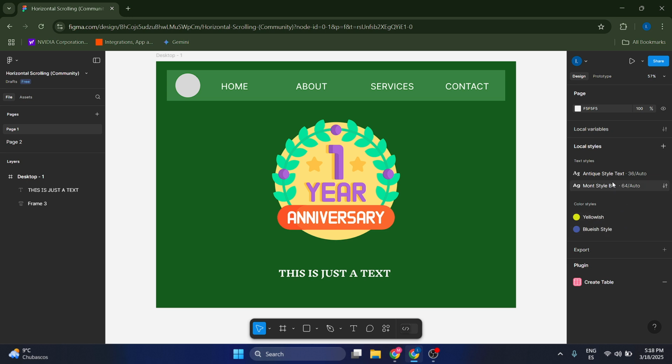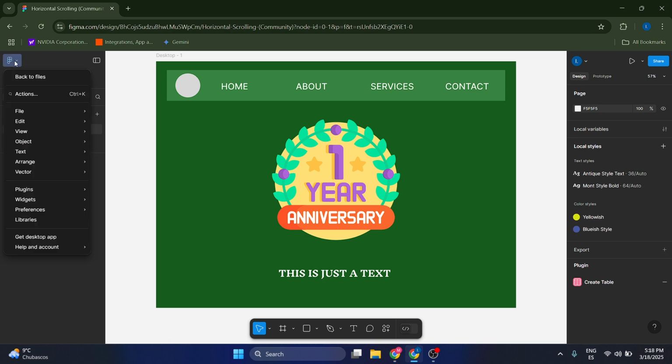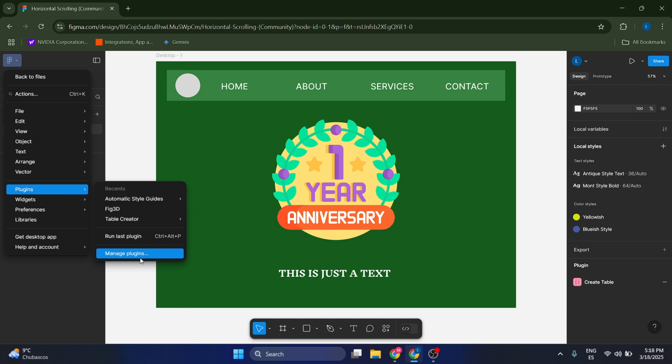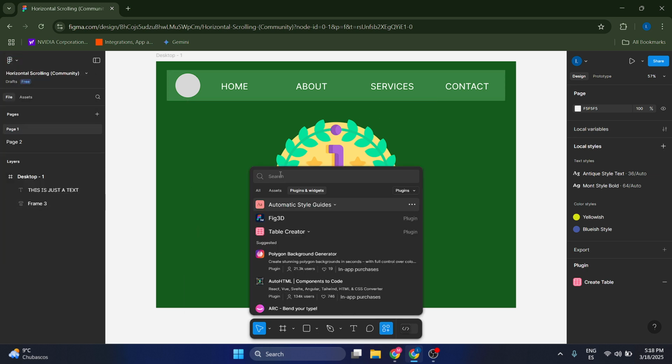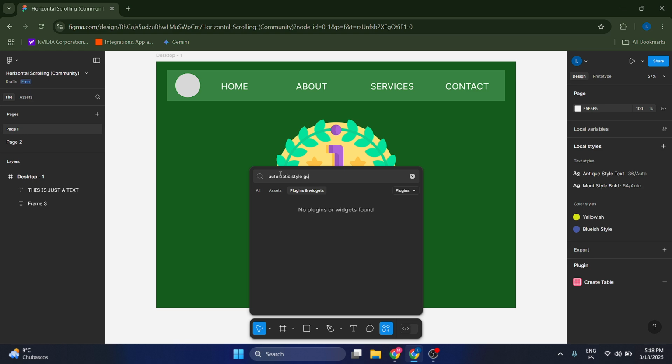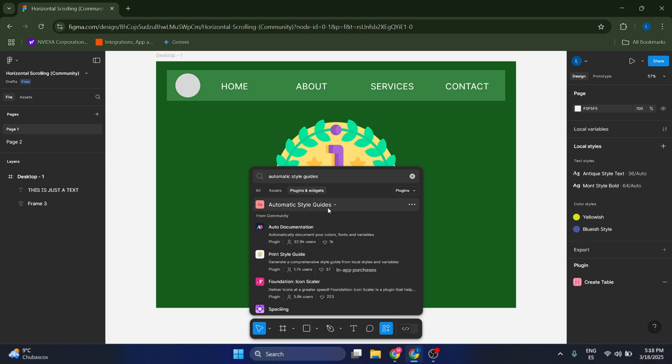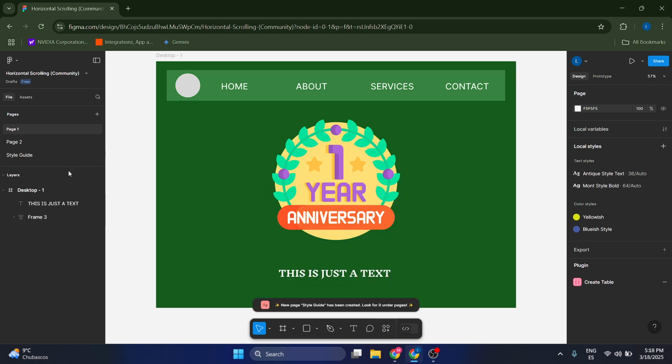All right, how you are going to create a style guide from this is by going into our plugins. You have to press into your main menu and click on plugins, manage plugins, and then look for automatic style guides. This is the first result that is going to come, and it's actually a free plugin, which is cool. So just press in here, and now usually you want to press on generate style guide. This is the default option. So let's press in here,